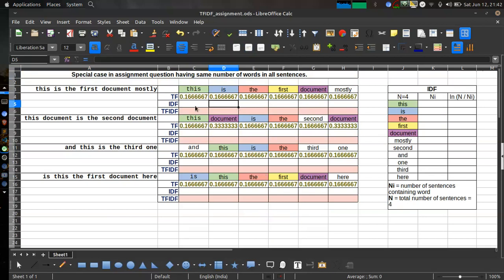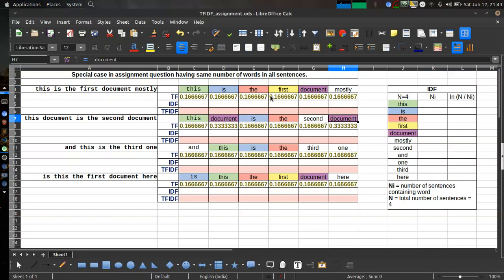Okay. So now we will calculate IDF. So what is the formula of IDF? IDF is nothing but log, and log is base e, natural log basically, ln, right? So natural log ln of n divided by ni, right? So what is the document frequency? Document frequency means the word, right? The word, in how many sentences it's occurring.